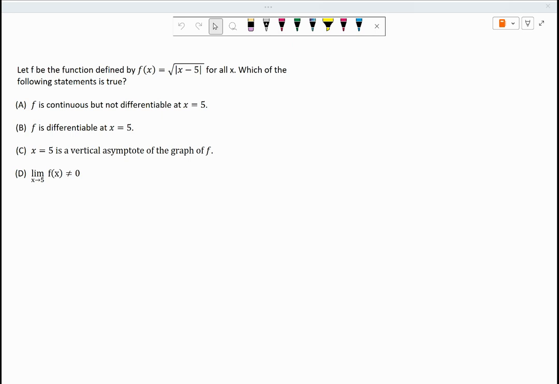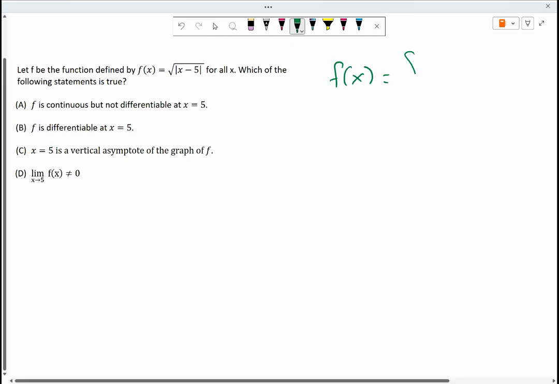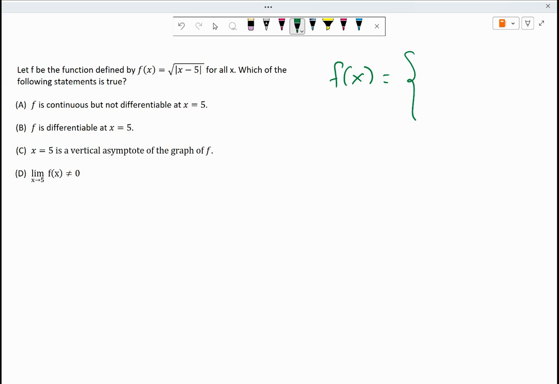Now, before I take a look at those options, let me just go ahead and rewrite the function as a piecewise defined function. F of x is equal to, now here I'm going to just focus for a minute on the absolute value. What does it do? Let's remember the absolute value will give me the same thing I have in that radicand if the radicand is greater than or equal to 0, and it will give me the opposite of it if the radicand is less